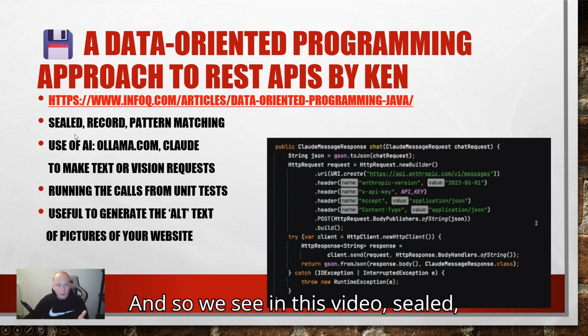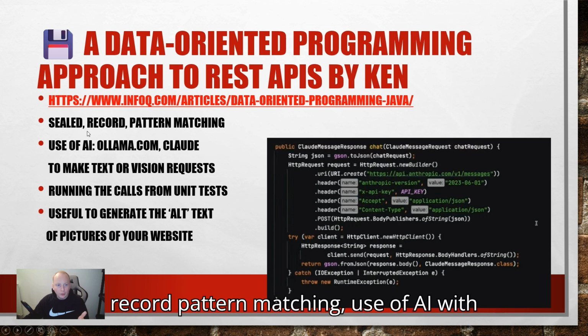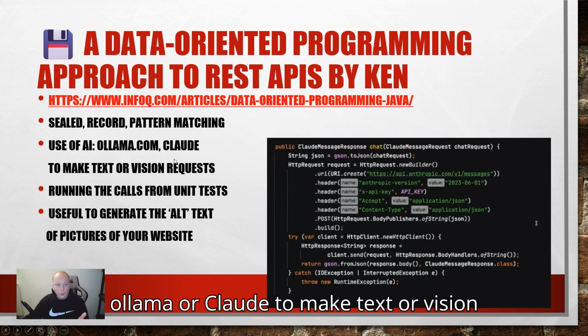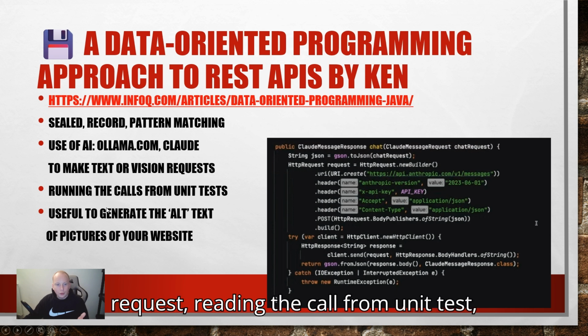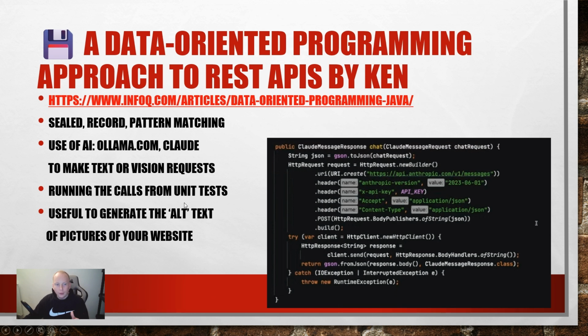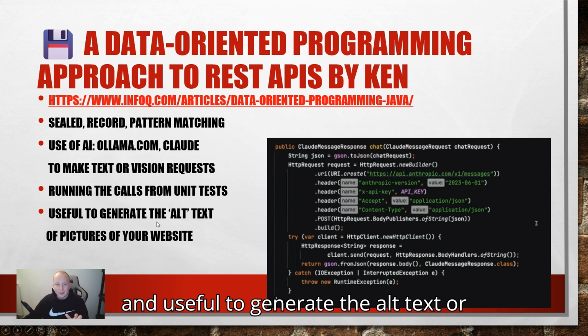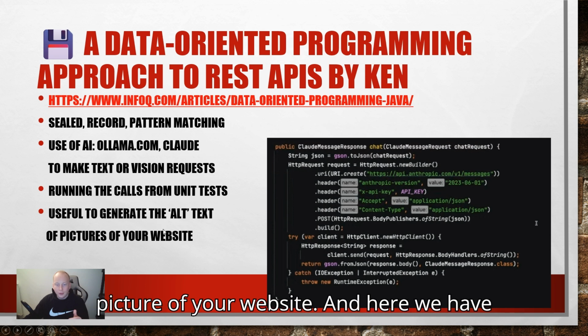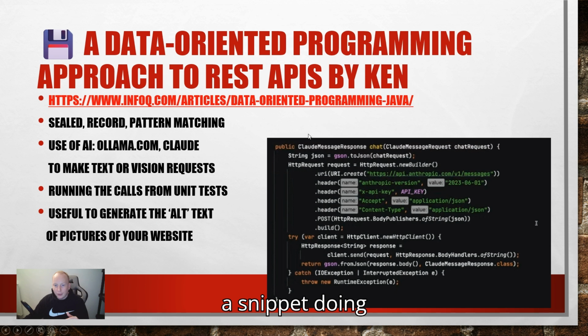And so we see in this video sealed interfaces, records, pattern matching, use of AI with Ollama or Claude to make text or vision requests, running the code from unit tests, and it is useful to generate the alt text of pictures of your website. And here you have a snippet doing a call to a Claude platform.